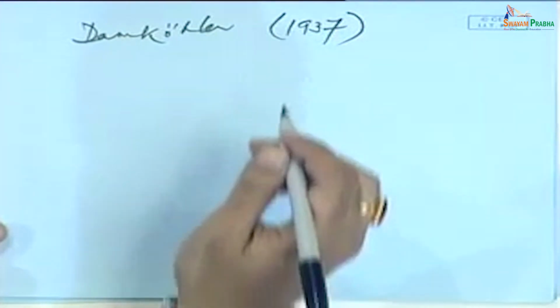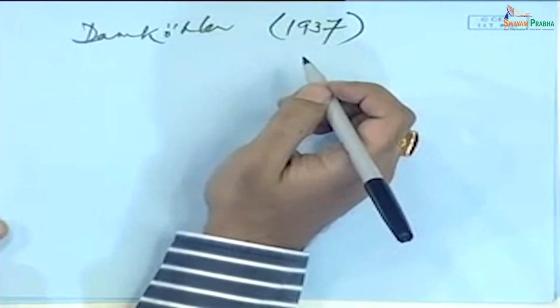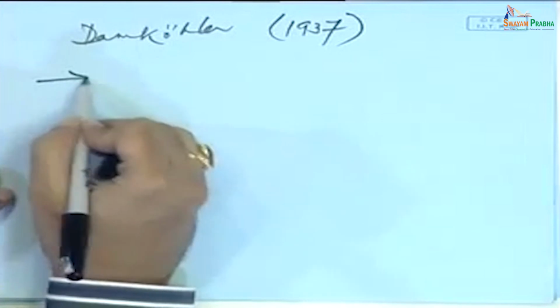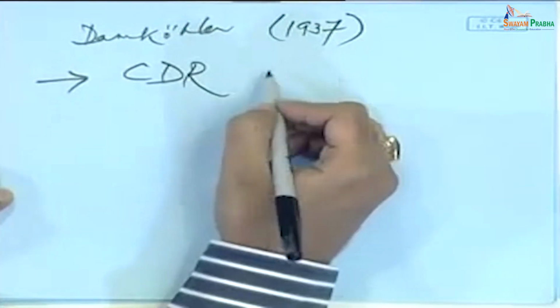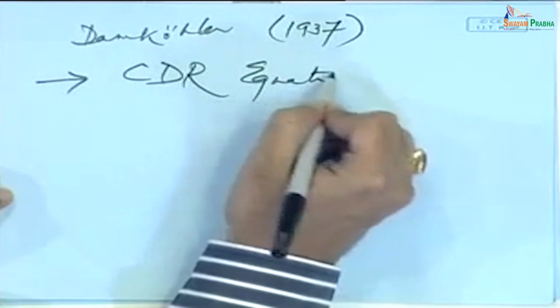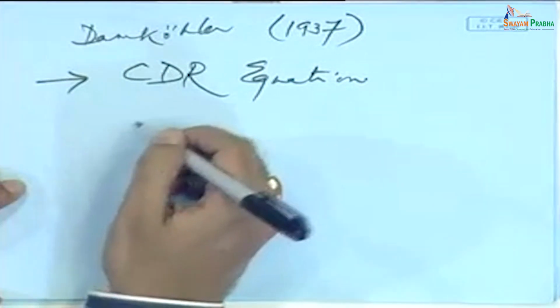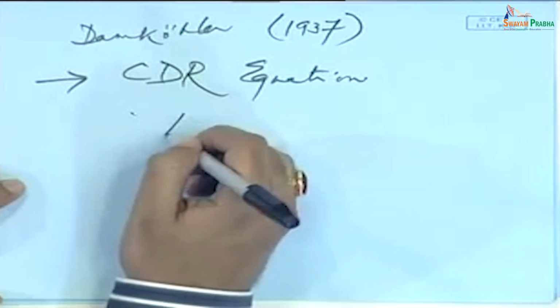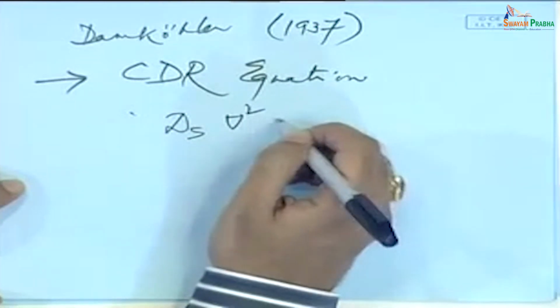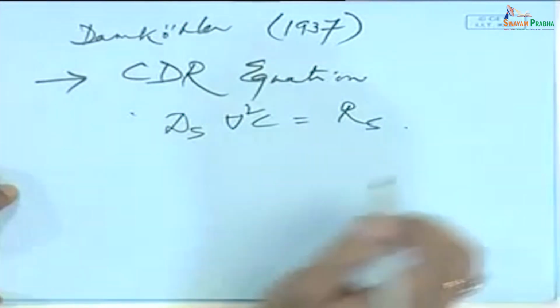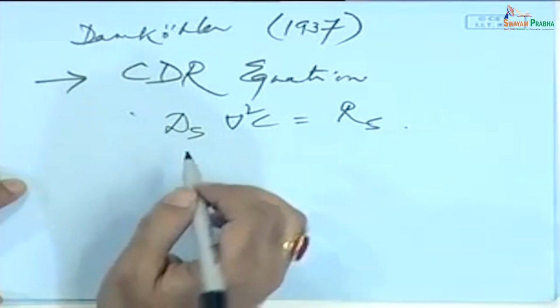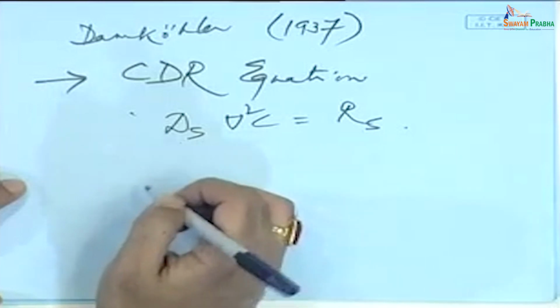Unfortunately, it was in German at that point of time, and it took many years for that paper to be translated. His most important contribution is the CDR equation. He is the one who wrote the CDR equation, that equation that we write over here all the time, Ds times the Laplacian of C equals R of S or something. He is the first one who wrote it in the XYZ